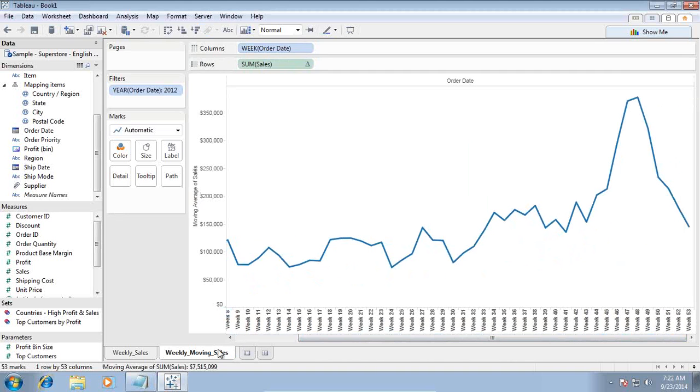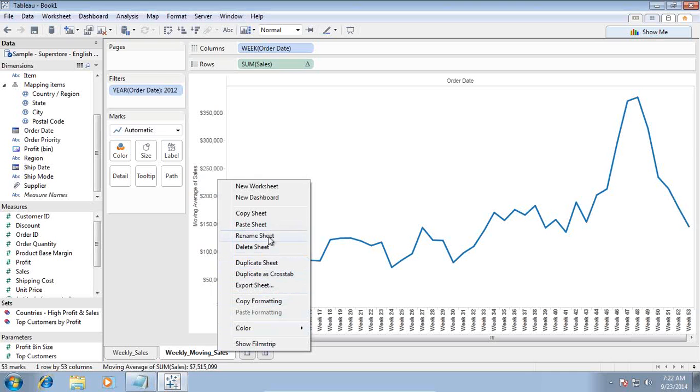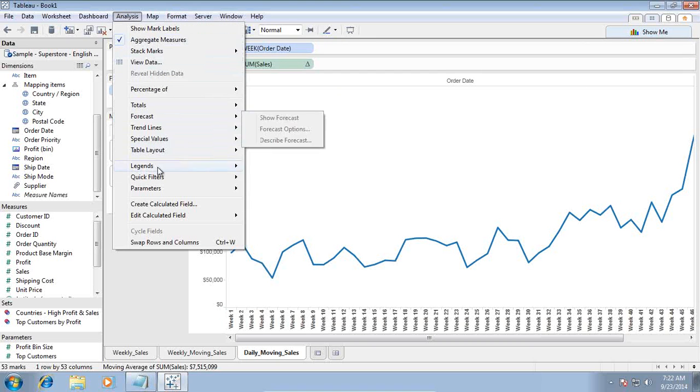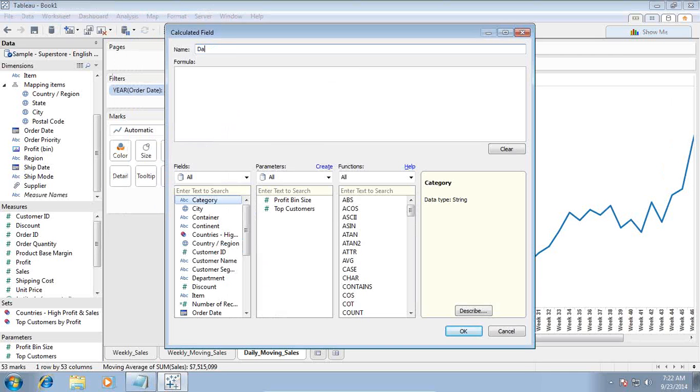Now let's extend this example. I duplicate it once again, extend this example. In this example, rather than weekly I say daily moving sales, right? I don't need weeks, I need daily, right? So what I do, I add another computed column from analysis, add calculated field, name it as weekly moving average sales,